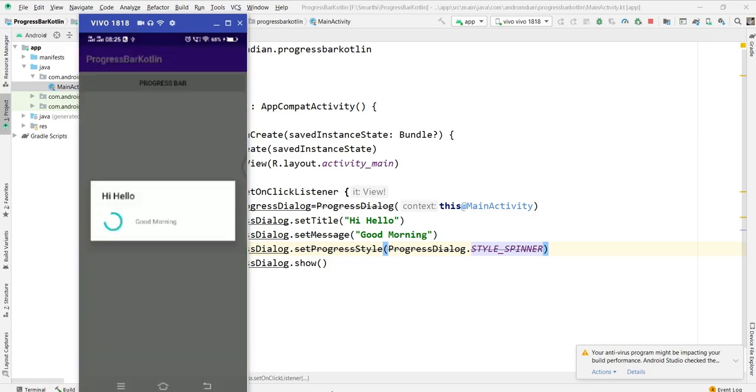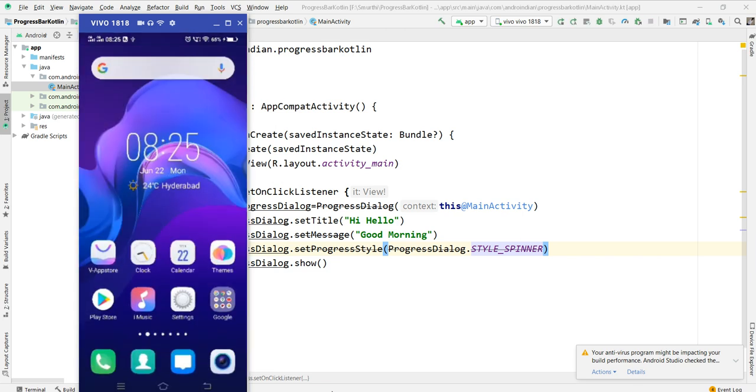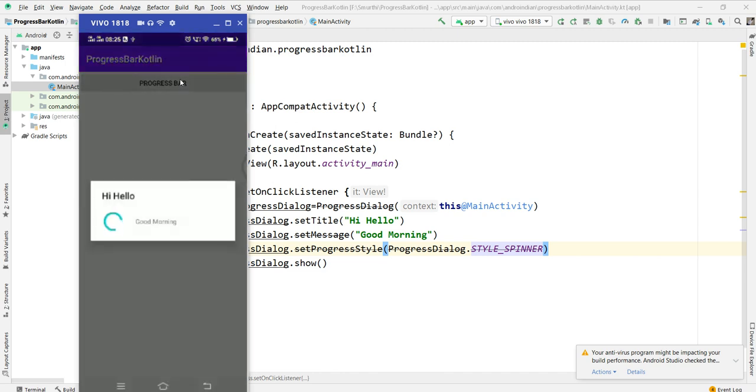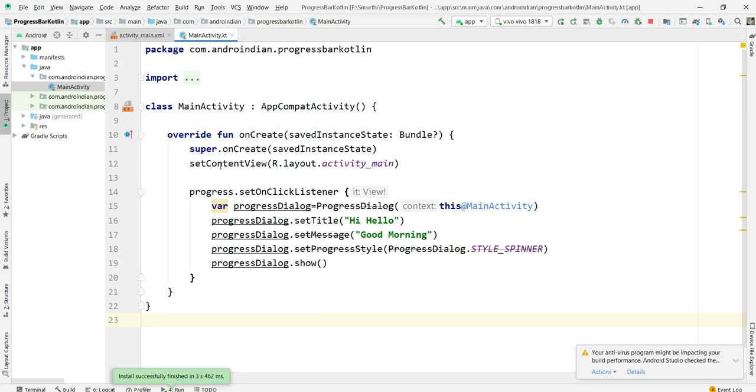I'll show you a small difference here. See, here there is no difference in this, but I want to show some small difference.